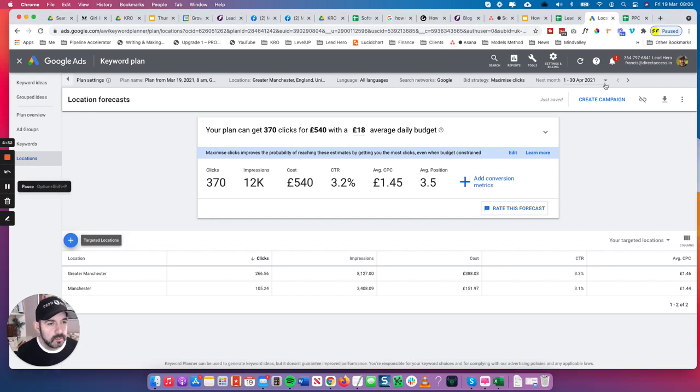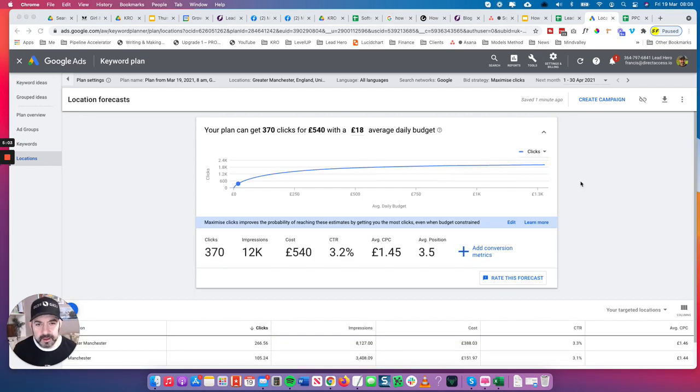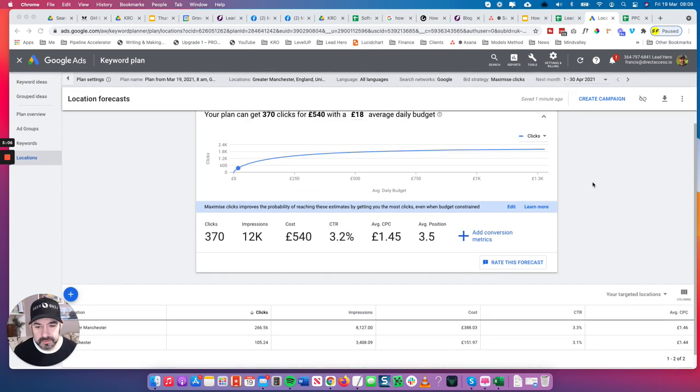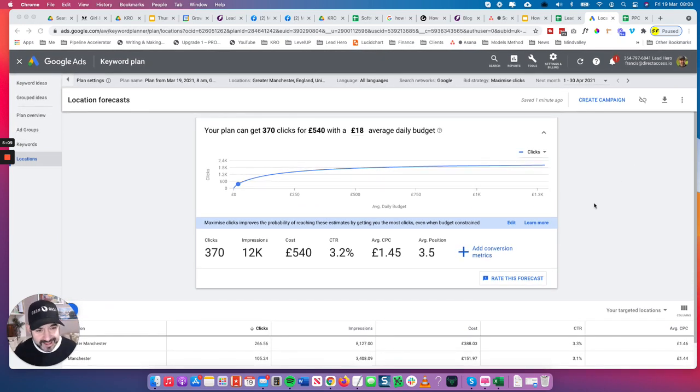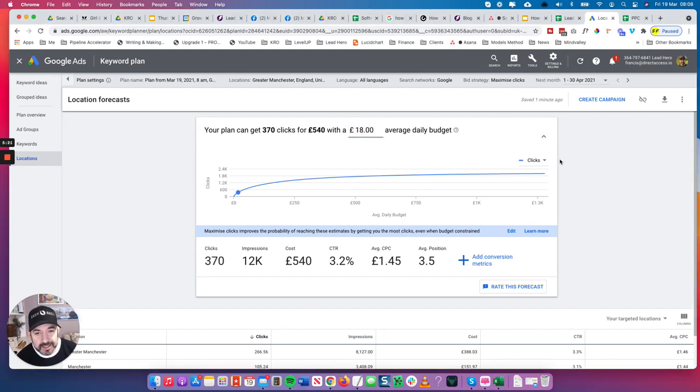So date range, we're doing a forecast now, and so we basically want to make sure this is set to next month. Okay, so this is cool, 1st to the 30th of April. And now this starts to give you some interesting information. Now it's not completely accurate, it's just an idea, it's based on past performance. But what it's starting to say is that if you spend about 18 pounds a day, you can average about 370 clicks. Now, what we find is this cost per click is actually low. We find cost per clicks more around the £3, about double that.